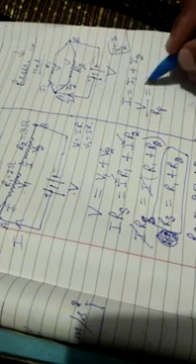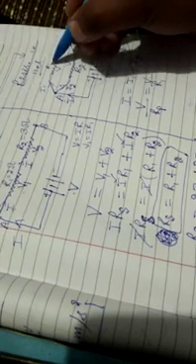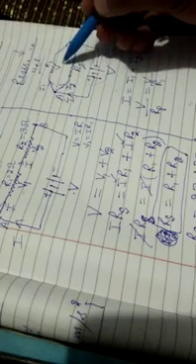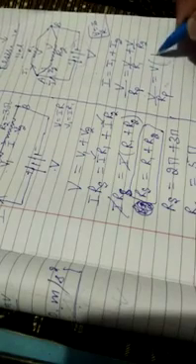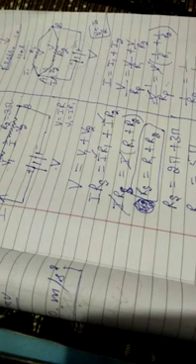Now I1, where I1 is going? So V is still the same V, but R is R1. Where I2 is going? V is still V, but R is R2. So it will be V upon R2. I think it is easily understandable that V will be common. So V upon RP, V is common, so 1 by R1 plus 1 by R2. V will be cancelled out, only 1 left here. So 1 upon RP is equal to 1 upon R1 plus 1 upon R2.